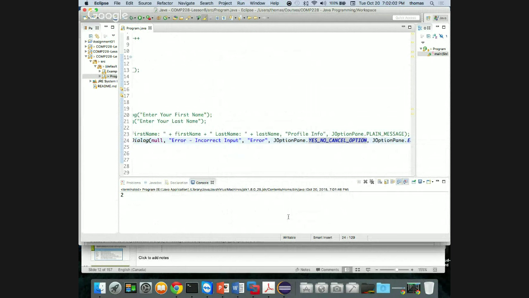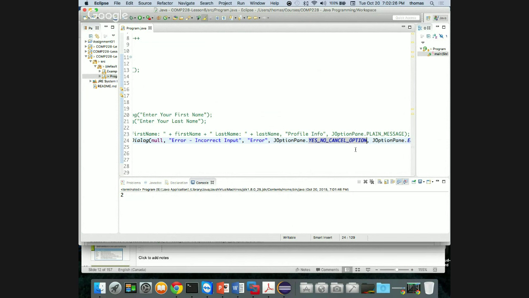So you need to know what you're listening for. So if I was to say if the user enters cancel, right? What am I really asking for? Cancel, because it's yes, no, cancel. Cancel would be a 2, right? So if I get a 2, and if I do a switch statement, and if I switch a 2, then he's canceling, and I want to shut